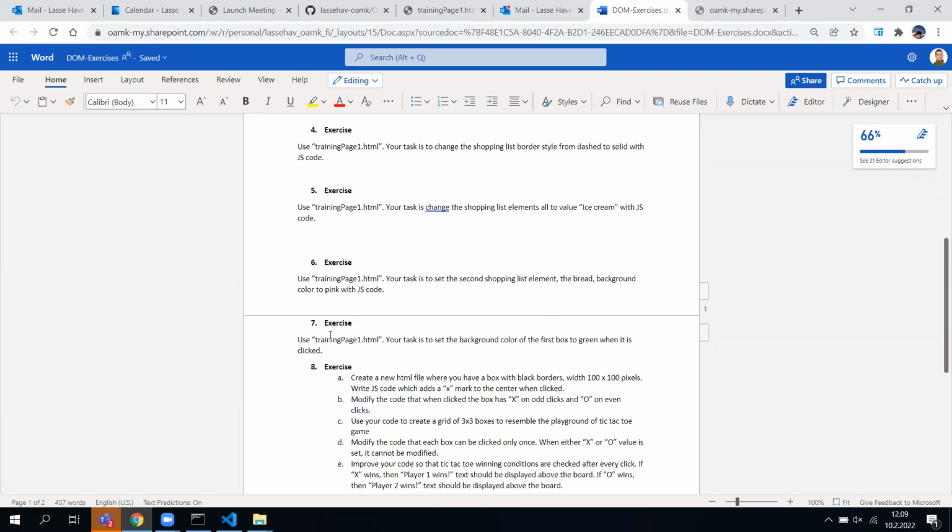So here we have exercise 7, where the description is that we should continue with the training page 1 HTML. This is the same HTML file we have been using previously. And the task is now to set the first box there to the background color green when it is clicked. So let's see how these events are done in JavaScript. The training page 1 HTML